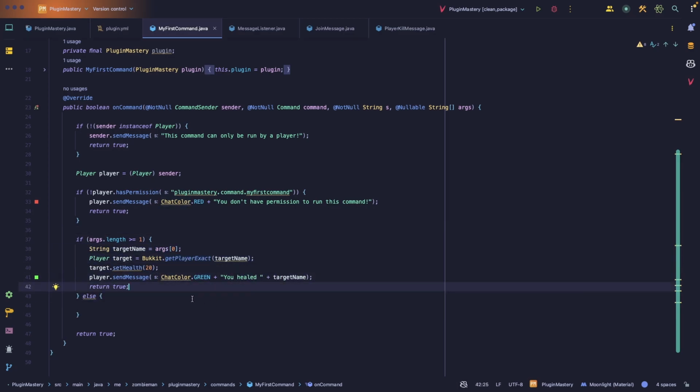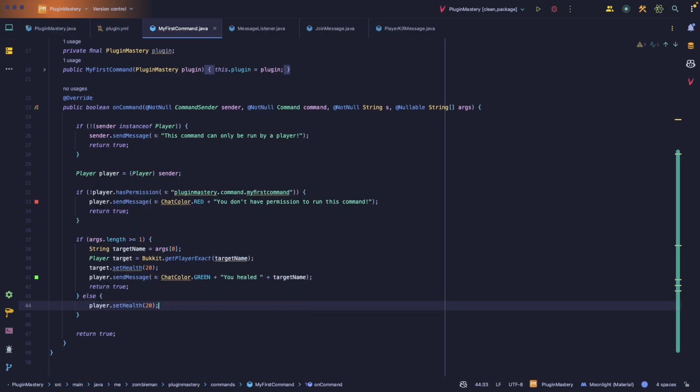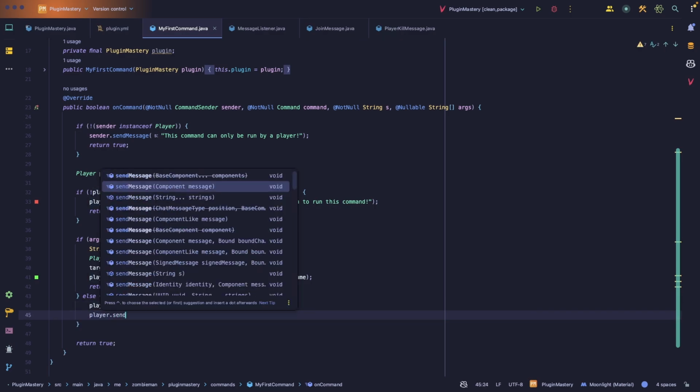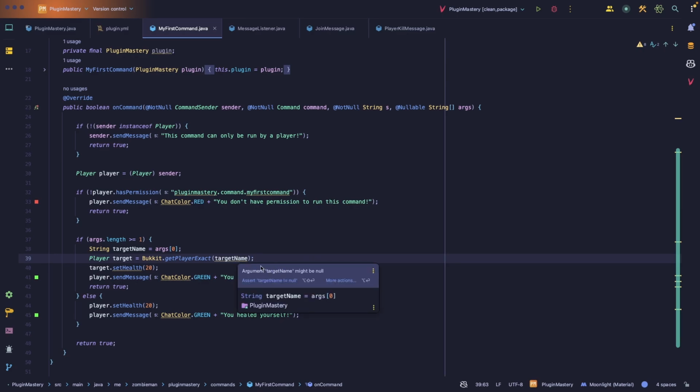Okay, so let's say if they didn't specify a player, then we can heal the player instead. So we can do player.setHealth(20). We can do player.sendMessage, ChatColor.GREEN, "You healed yourself." Okay, so you might have realized that there's a warning here, and that tells us that this